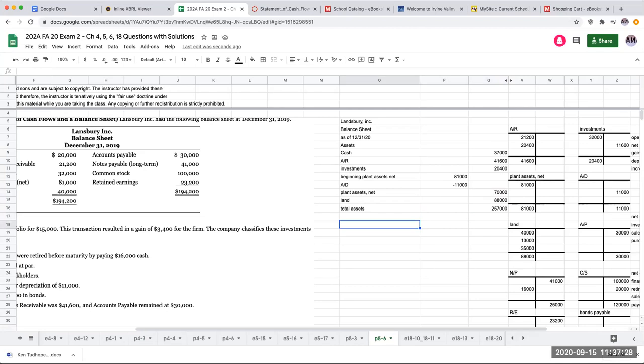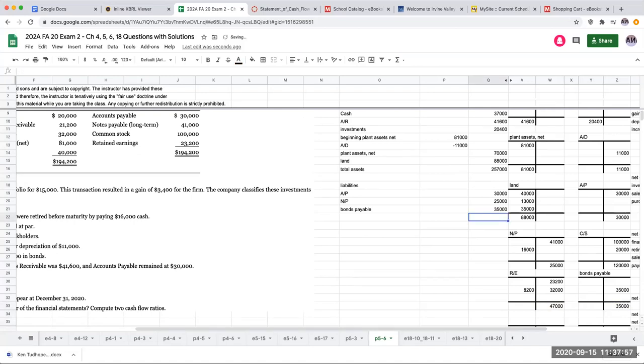For my next section over here are going to be my liabilities. Okay, so for my liabilities, I have accounts payable of 30,000, and I have notes payable of 25,000, and I have bonds payable of 35,000. What's interesting is that in your text, they just kind of group it all together. I would still, though, show total liabilities at